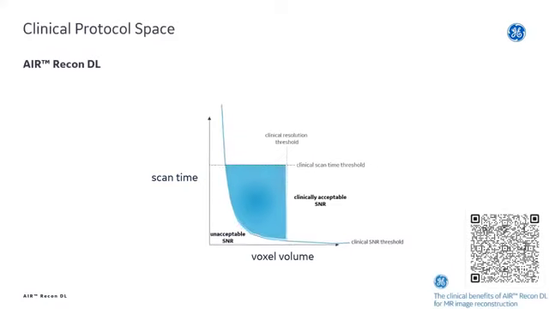With AIR Recon DL, that region is considerably larger. My SNR curve is much lower because I get more SNR, so I'm allowed to go to a curve that goes closer to the origin. My clinical resolution threshold has pushed to the right-hand side, and my clinical scan time threshold remains the same, but